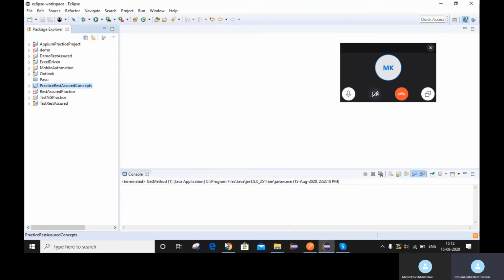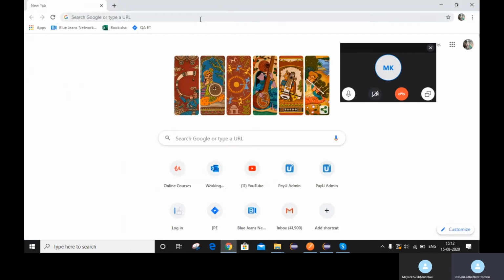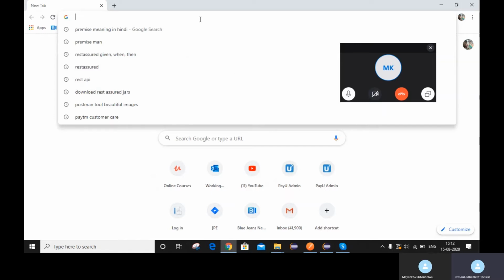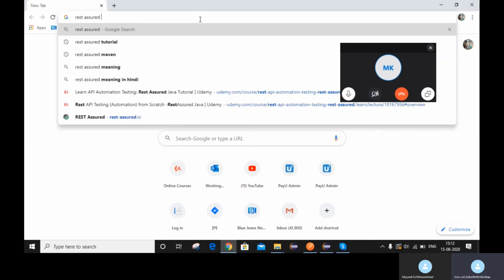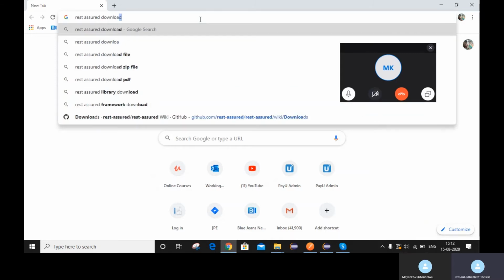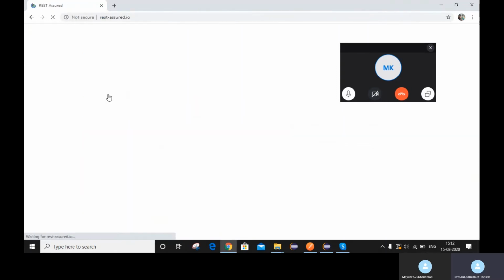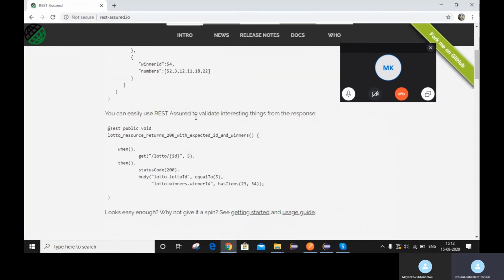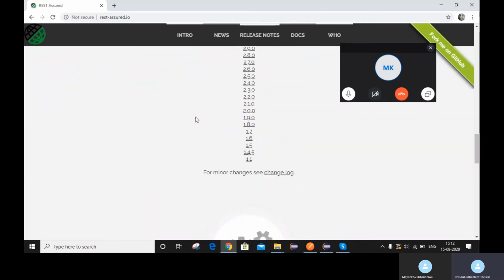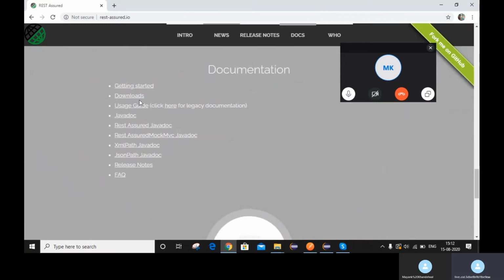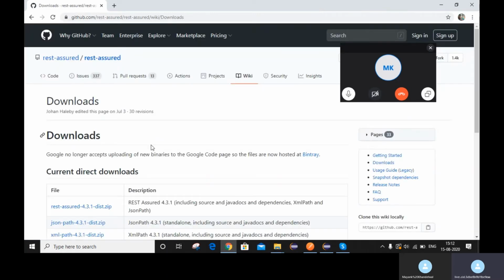First, let's see how to download. We just need to go to the REST assured official website by searching for REST assured download. This is the official website. Now come down, here you can see Downloads. So just go to Downloads.